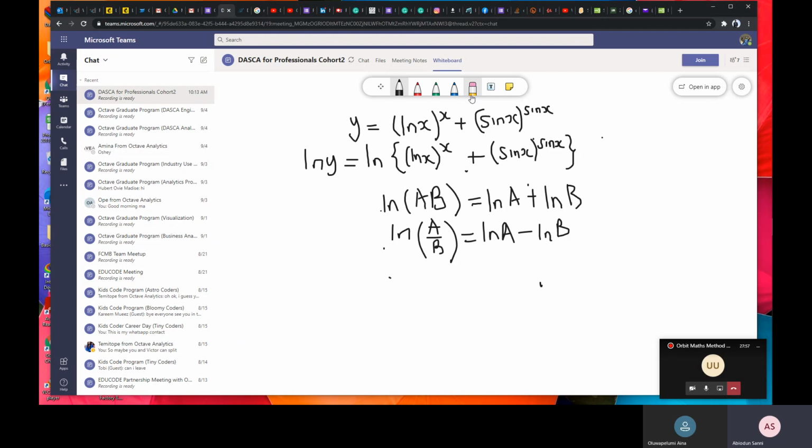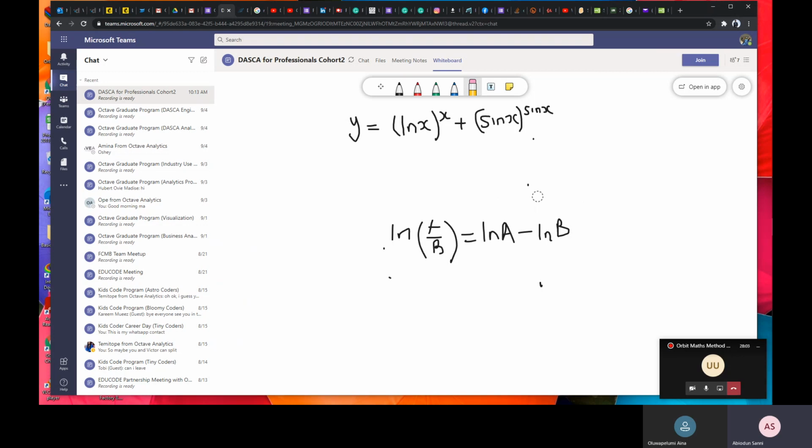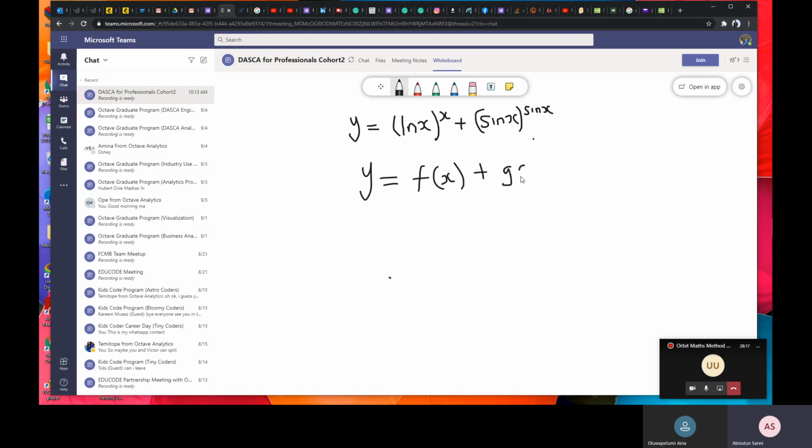So what are we going to do? Now, the beautiful thing about differentiation is that if I have y equal to a function of x, f of x plus, say, g of x,